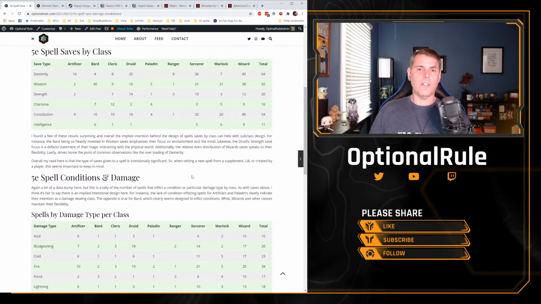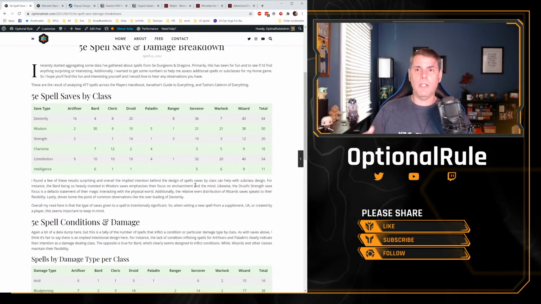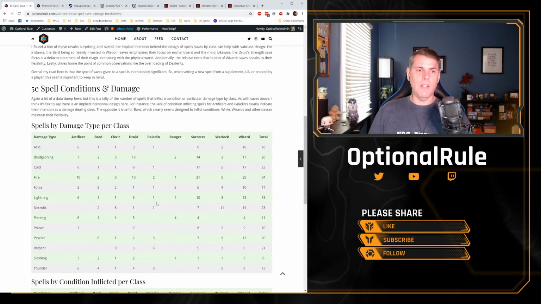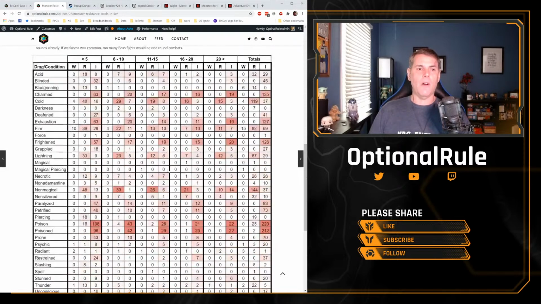Like, are they trying to design a spell because there's a great theme to it? Or they're really just trying to plug a gap in the save repertoire or damage repertoire? I think you want to approach that a little bit more slowly, because there is an intentional design here. If you look over in the monster saves, there are tons of